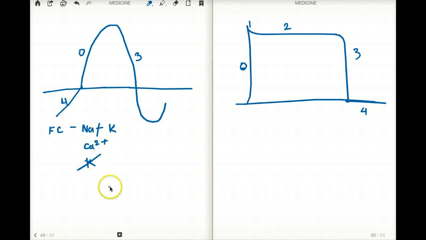That happens in phase 4. What happens in phase 0? At phase 0, we have opening of the voltage gated T-type calcium channels, right? And that's why we have the big depolarization generated by the T-type calcium channels at phase 0